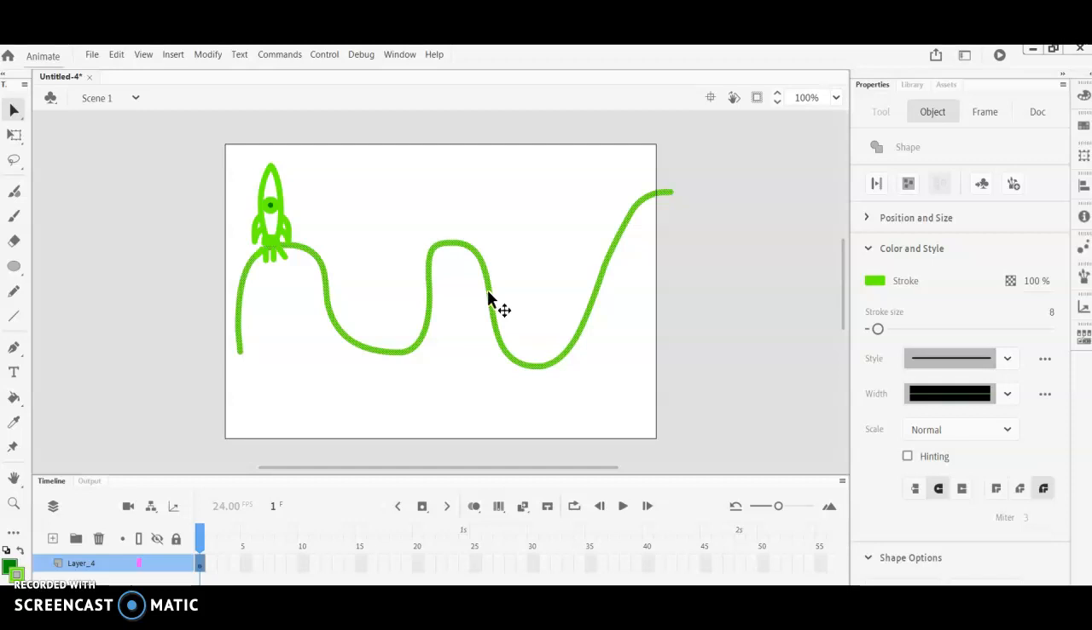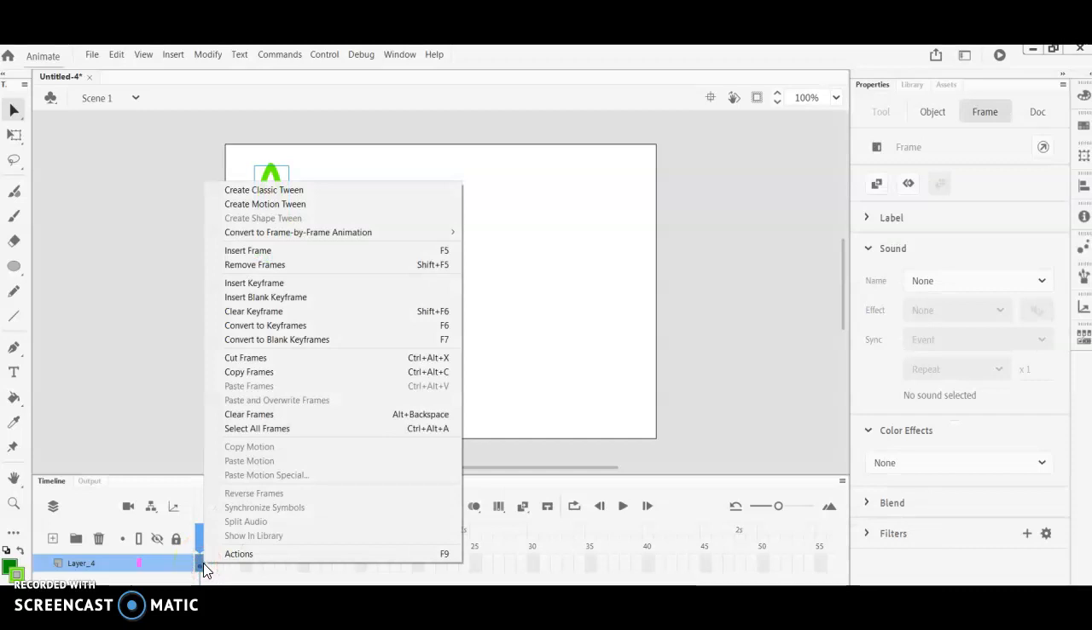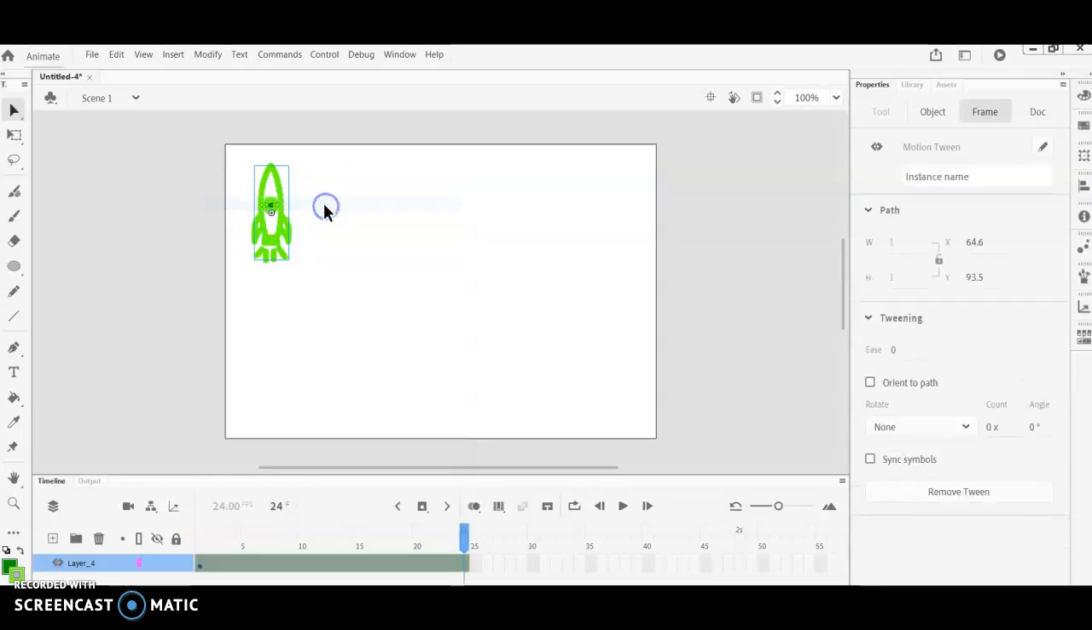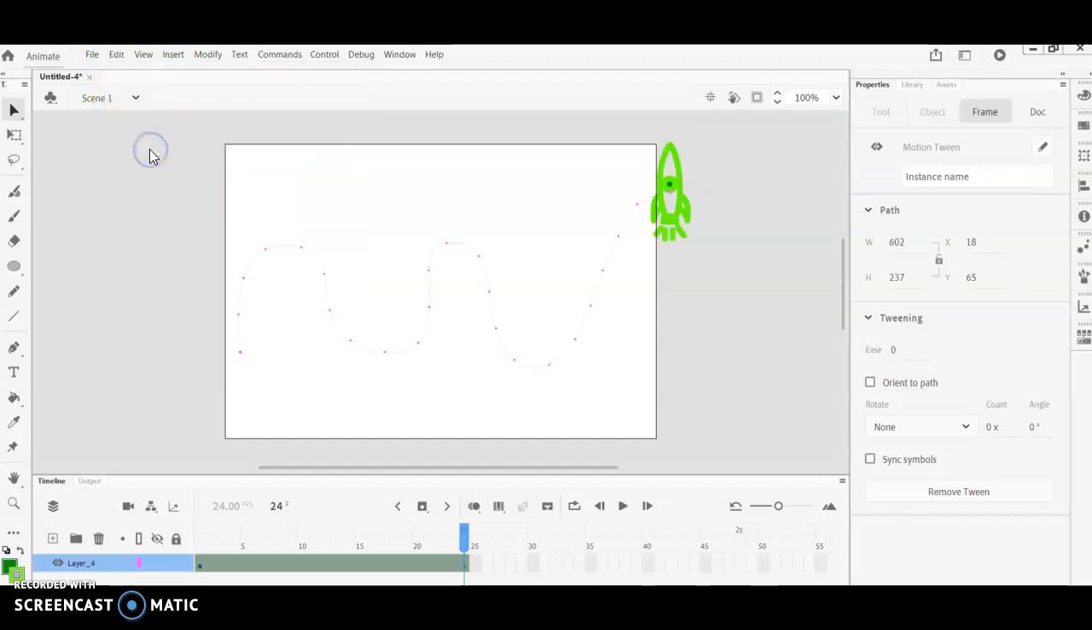So when I do Control X on my keyboard, that's what I just did, it's going to disappear out of my screen, but it was copied to my clipboard. So now I am going to come over here and right click on frame 1, and say motion tween,